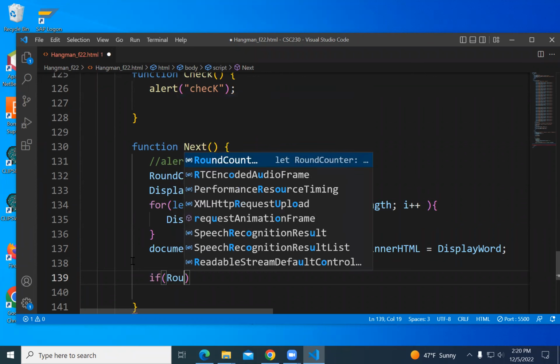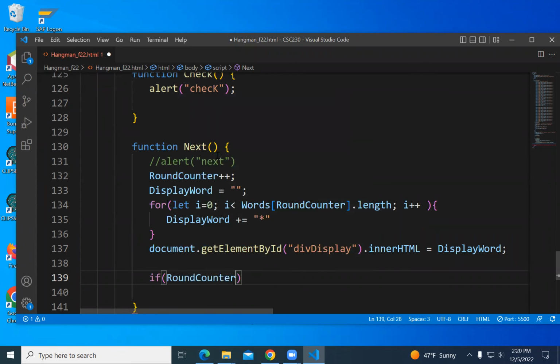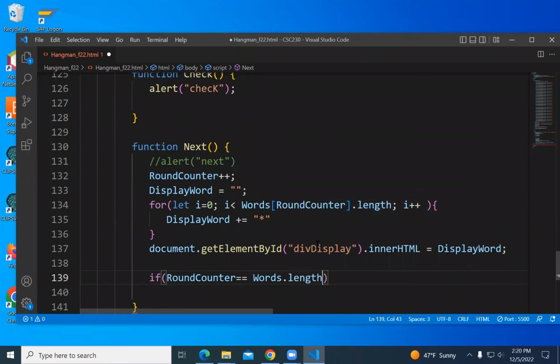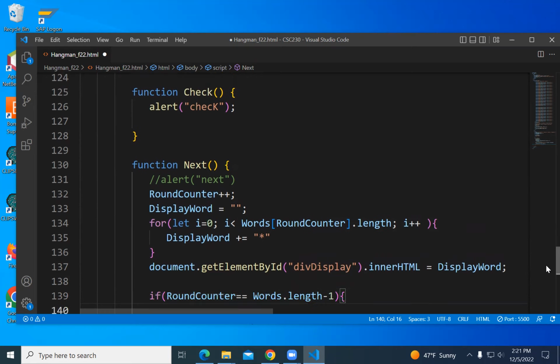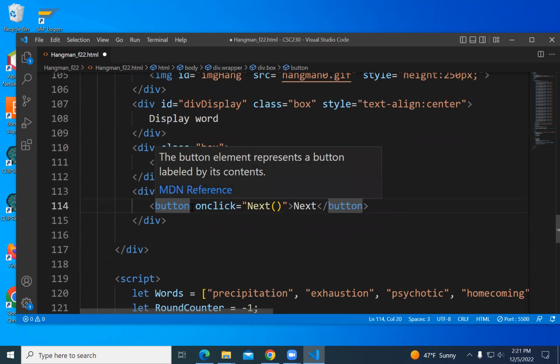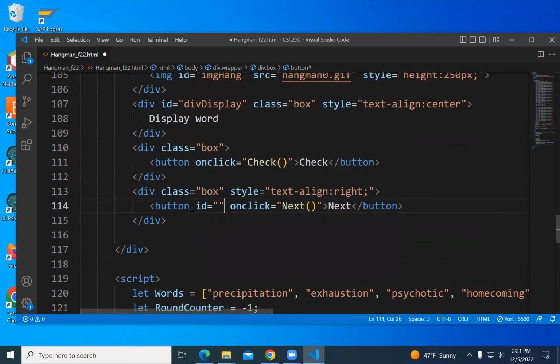So if round counter is equal to words.length - 1, we want to disable the next button. I need to give that button an ID. Here it is. I'll call it ID button next. I got my quotes mixed up.